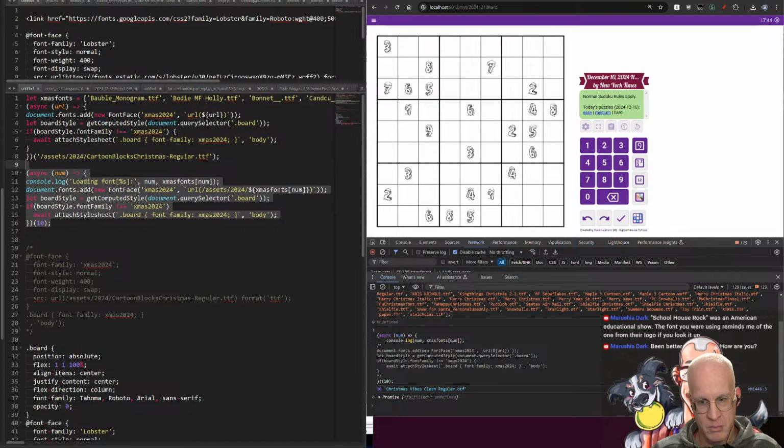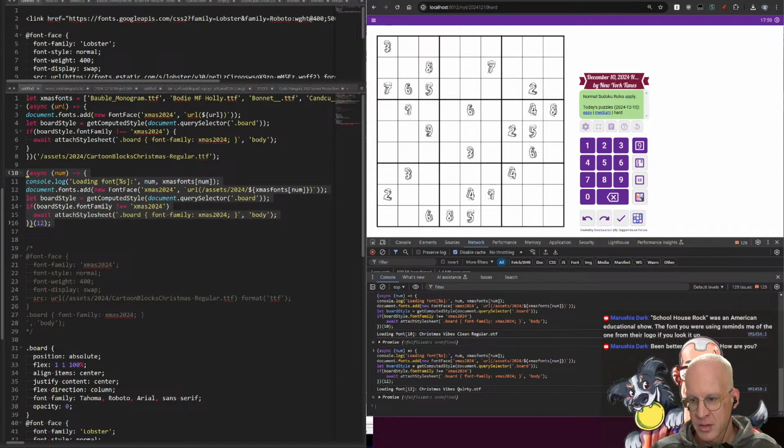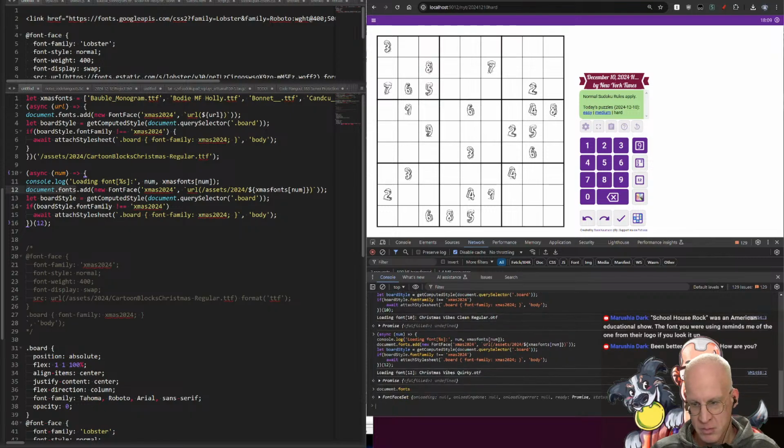And now, Christmas vibes, clean, regular. Did that update? I'm not sure. Okay, I don't think that's updating. We might have to unload other fonts. Or